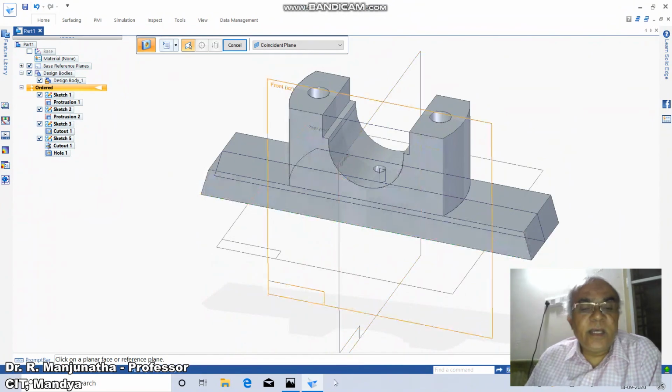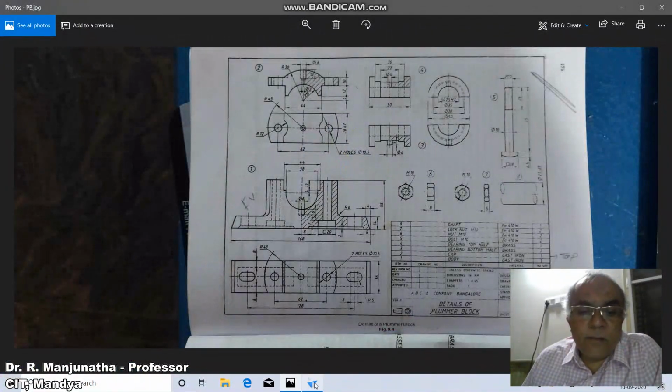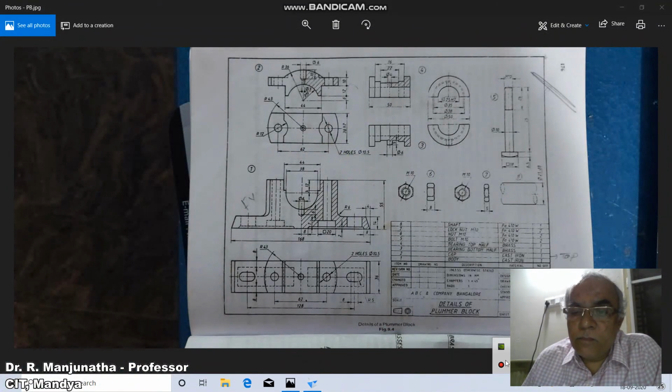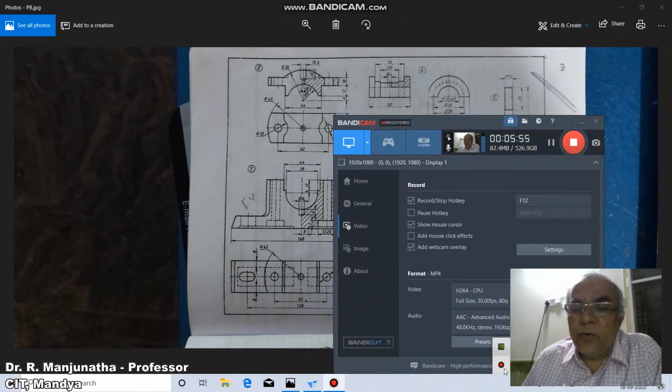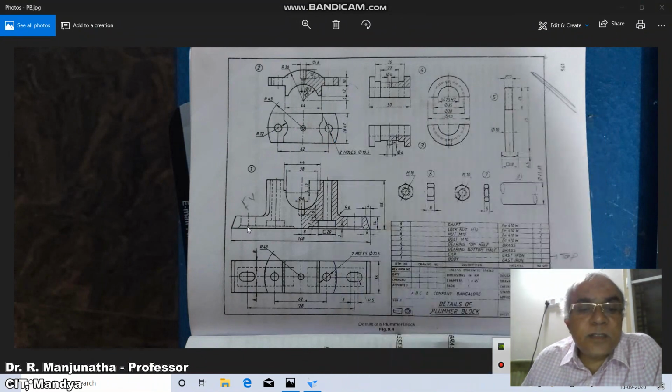Then again, now we need to go for this internal opening here. This is an undercut slot which is to be given for 8 mm all round. This side 8 mm, this side 8 mm and this side 8 mm. In all the sides it is going to be 8 mm. You can see this is 8 and also you can see 8 mm to a depth of 2 mm.